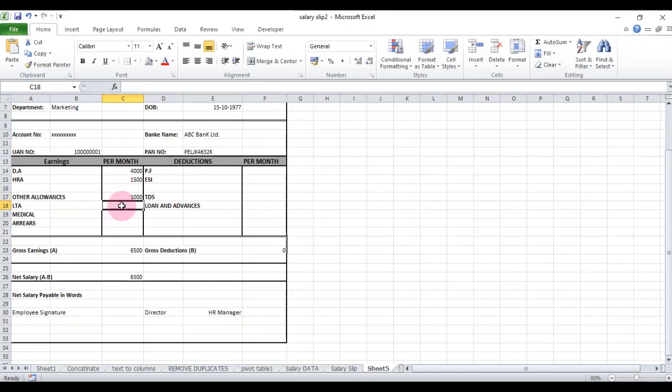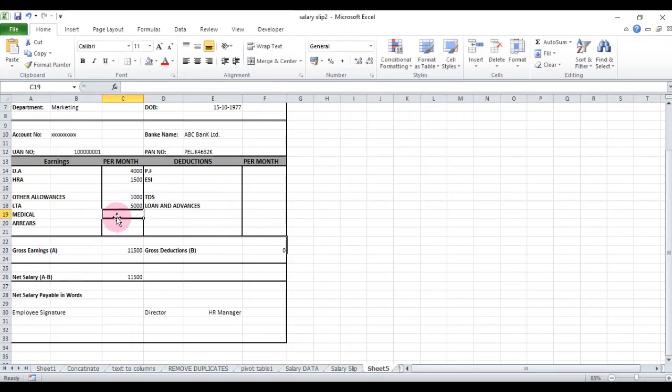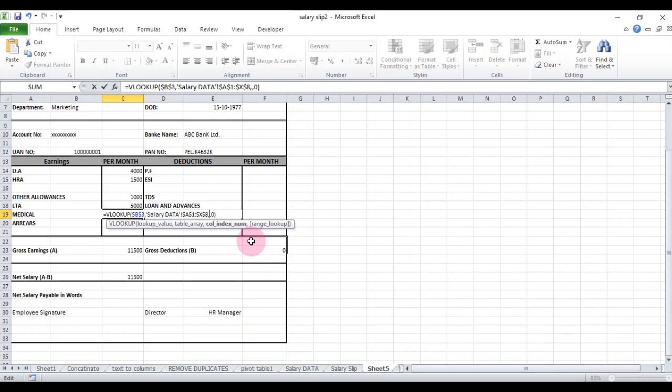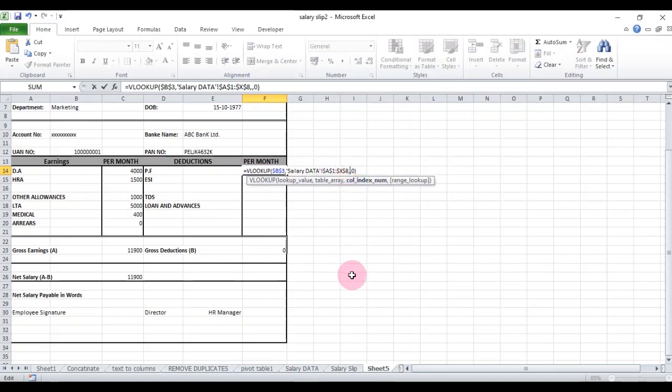We have typed LTA in column number 16. Medical allowances, the data is typed in column number 17. Then the data for arrears is in column number 18. Then the data for PF is in column number 19.